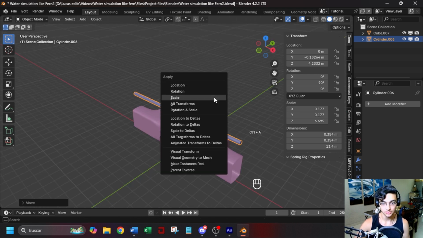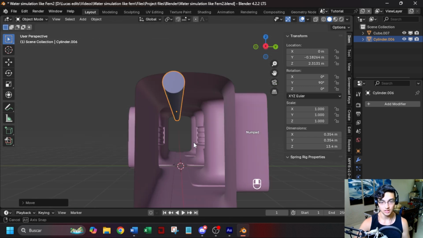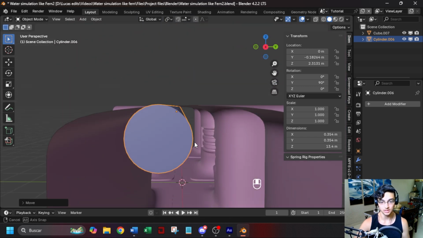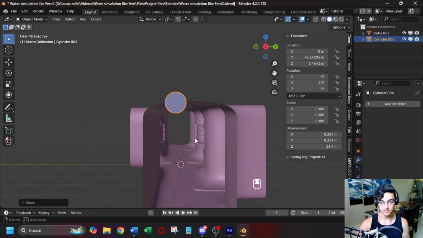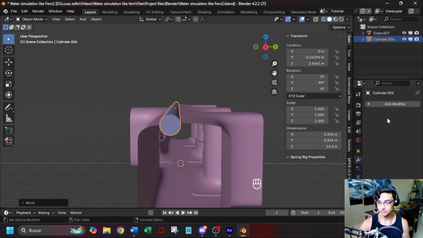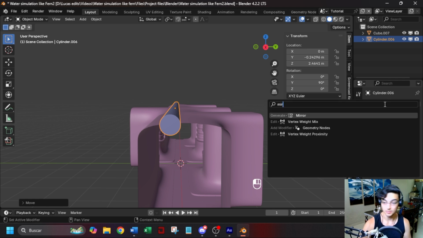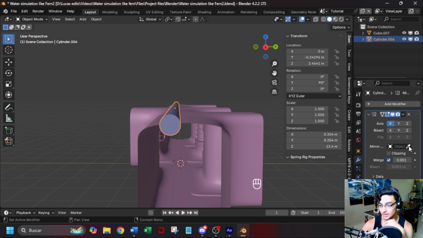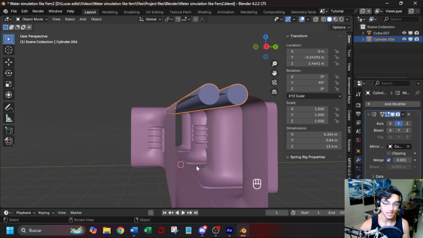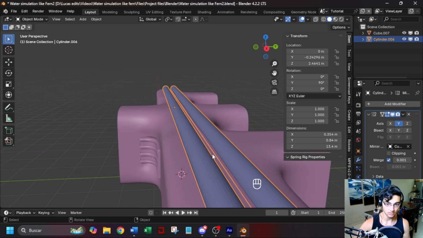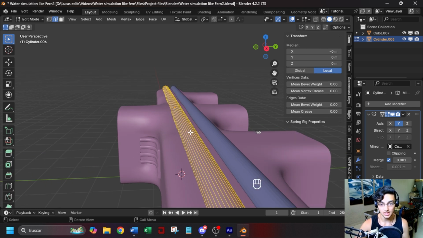I'm going to press Ctrl A and apply scale, G Z, and I want this roughly right here, and I also want to add a mirror modifier, and I want to select this object and make this. So now there's 2 pipes, and this doesn't look like a pipe yet,